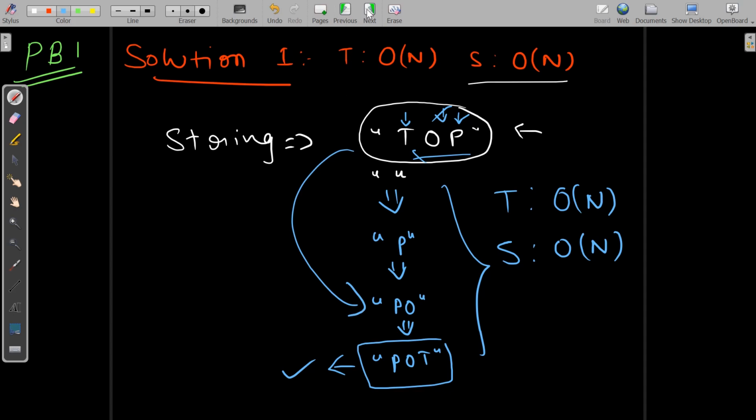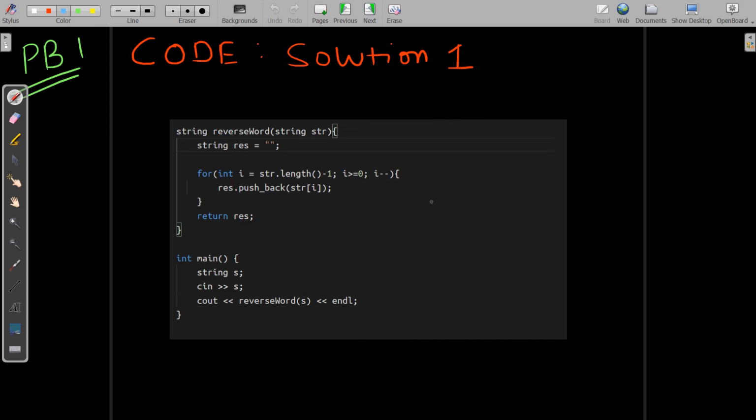Now let's look at the solution. If you look at the solution, this is the main function, so we should focus on this only. This is where we need to focus. It is going to return a string and it is taking a string. So this str is actually the input, like we had top, the string. Here we have str, which is storing this input string.